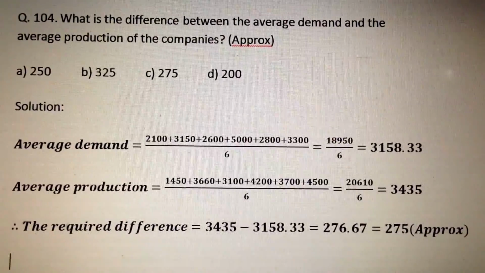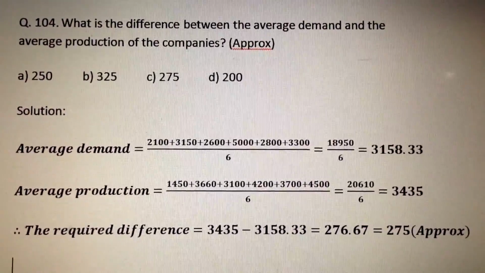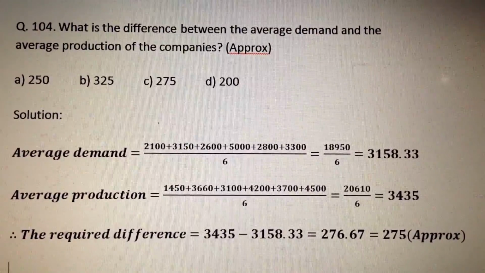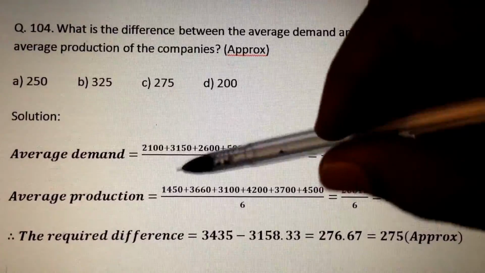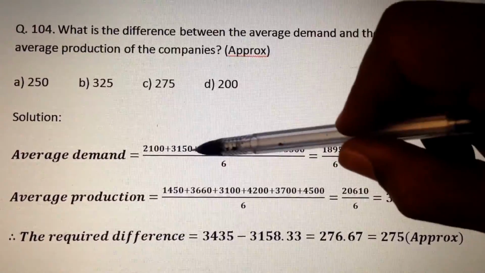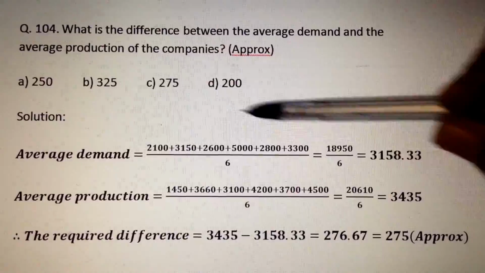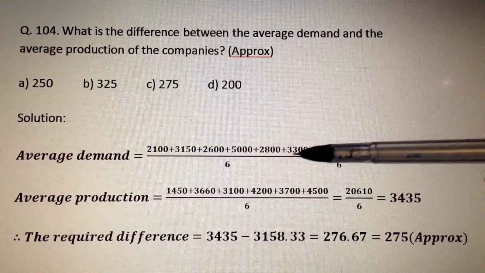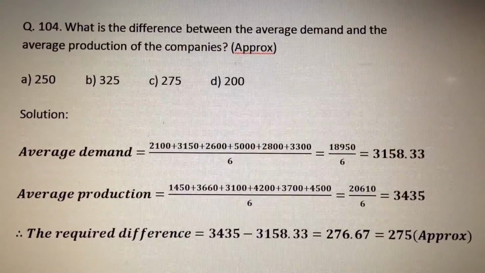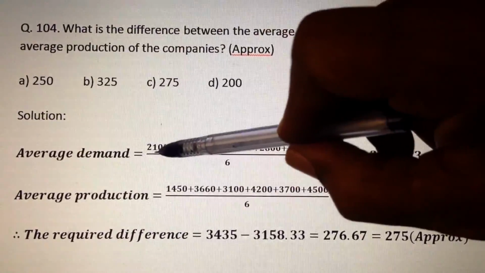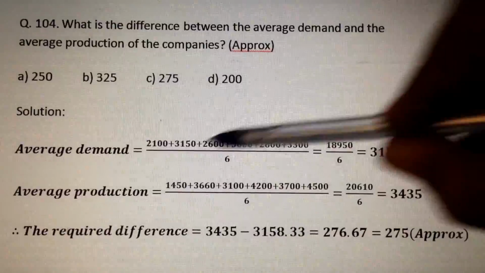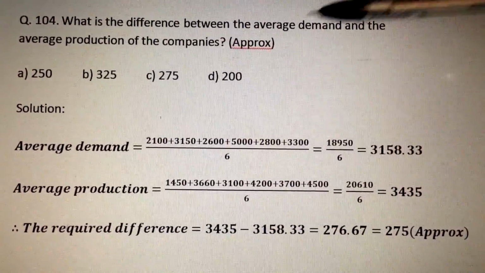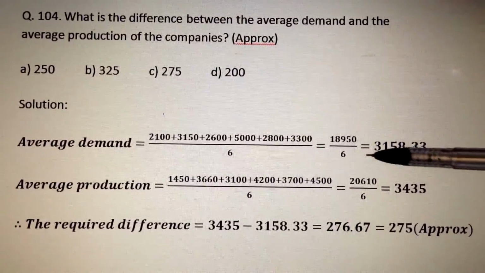Next question, what is the difference between the average demand and the average production of the companies? Average demand is equal to (2100 plus 3150 plus 2600 plus 5000 plus 2800 plus 3300) by 6. These are the individual demands of the companies. So this is the total demand divided by the number of companies, that gives the average demand,